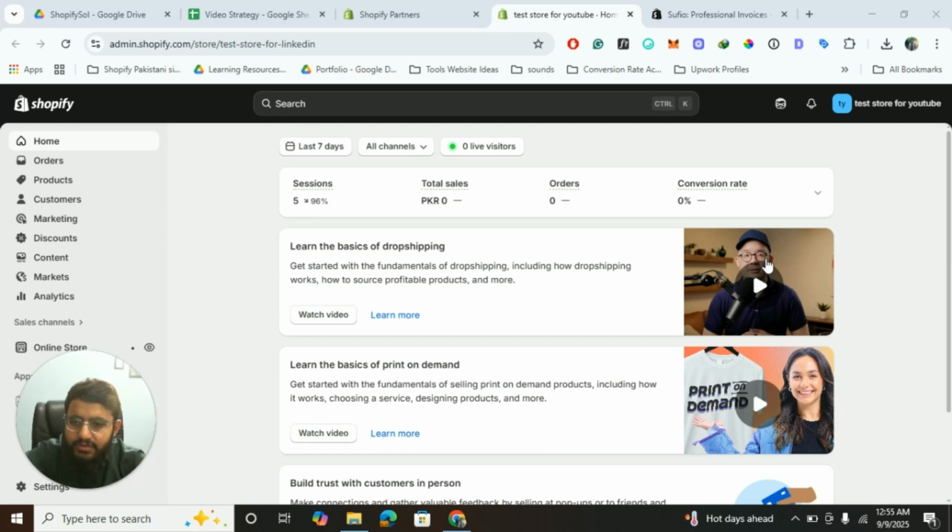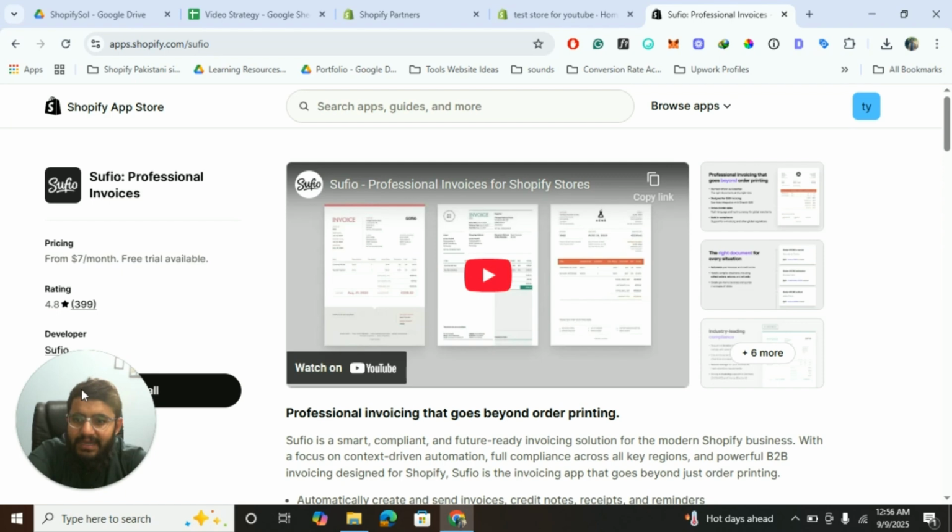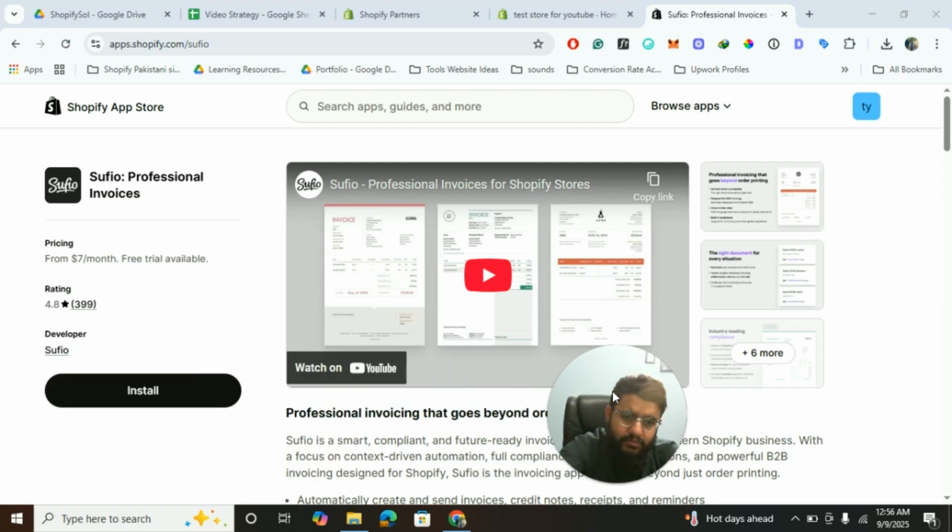The process to use it is very easy, and you don't have to be technical. You don't have to hire a developer, you just have to pay the monthly price, and that's it. You will get all the features that you can expect from an invoicing app. So this is the app, and I will leave the link to the installation of this app. The procedure is simple. I will skip this part, and once it is installed, I will show you the dashboard.